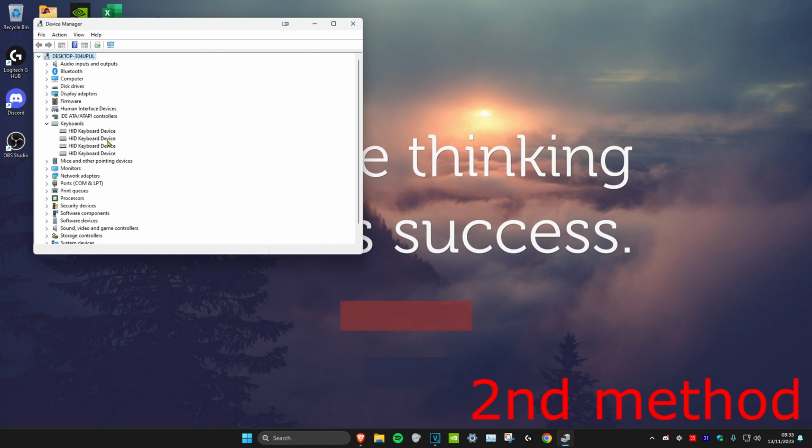For the first method, we're going to head over to search and type in CMD. Then you're going to click on run as administrator, and then click on yes. Once you're on this, you want to type in sfc /scannow and click on enter. And then you want to run this scan. It might take some time, but just run it in the background as you do the other methods in this